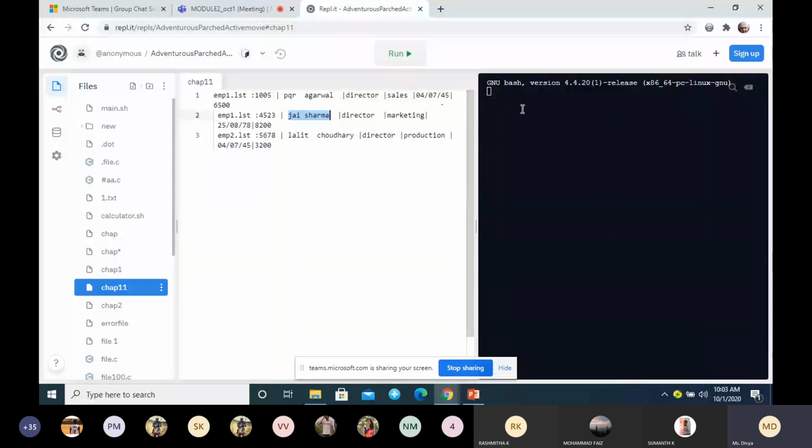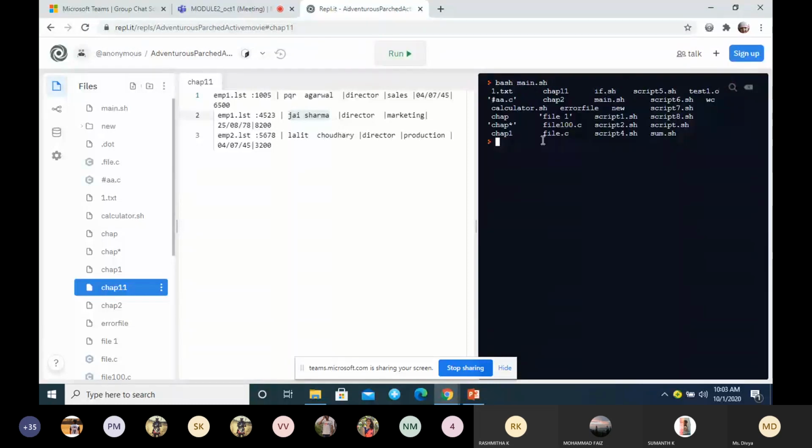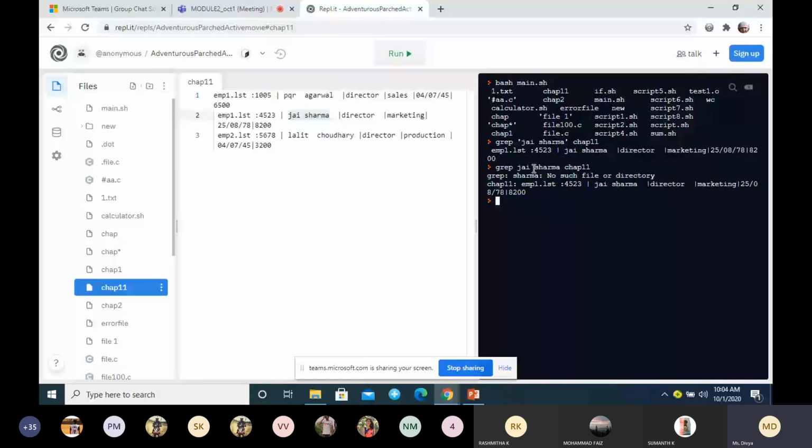In that case, if we have more than one word, you have to place it within single quotes. Suppose you don't place it within single quotes, what will it do?